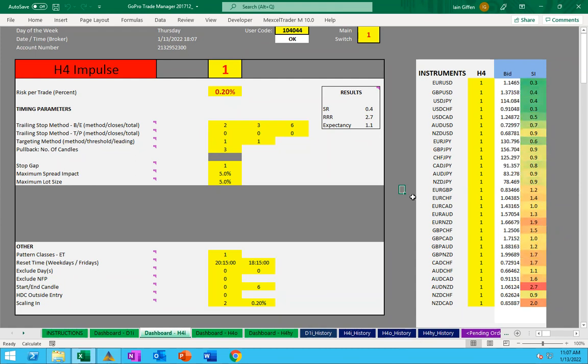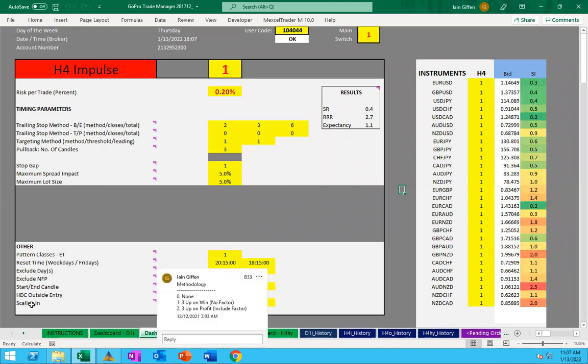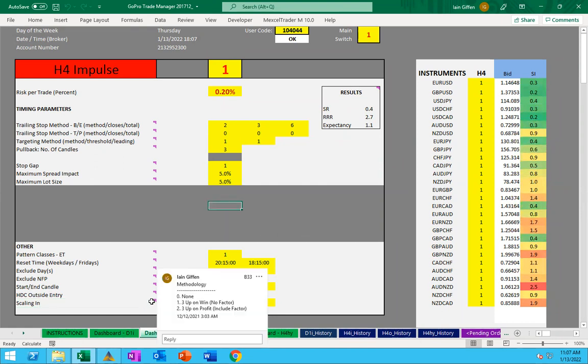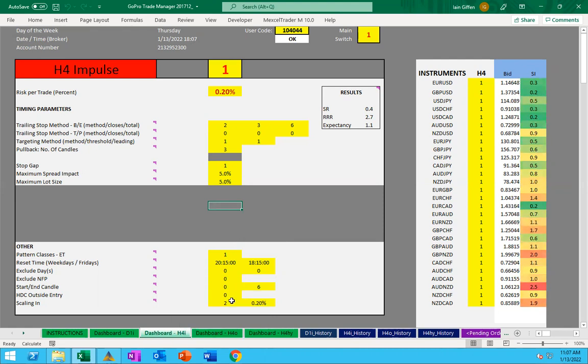And effectively, there's a couple of ways that you can use the tool. You'll notice, first of all, that when you get your upgraded version of the Trade Manager, for certain strategies there is an option for scaling in down at the bottom. So as always, our notes will tell you how to use it. I'm going to give you a bit of a description on that now.